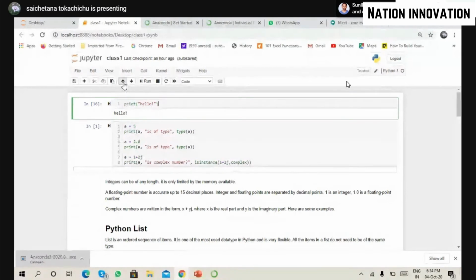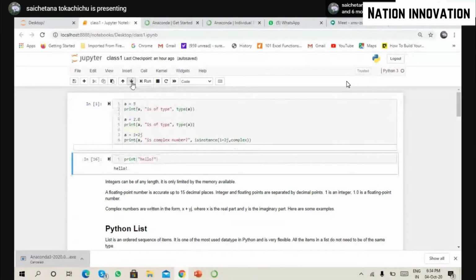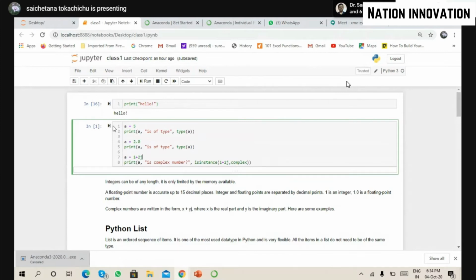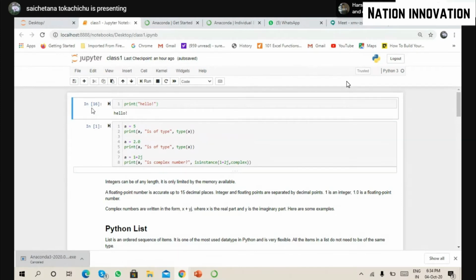I can even change the order, meaning I can send this cell below or send this cell above. That way we can change the order of the code blocks. This is one of the key advantages. The disadvantage is that if I have run this code, changed the order, and sent it to you, and now you are also running it, if the order is changed, some variable may be missing and will get lost. I'll show you how.